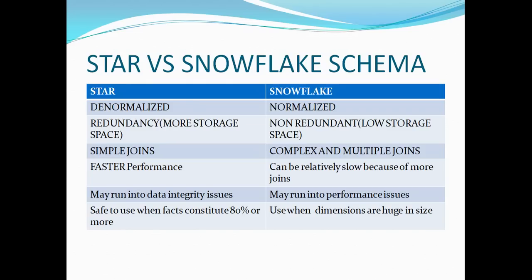So usually in reality, you will have hybrid schemas for a big warehouse. If it's a mart and the majority of your data is constituted by the fact table, go ahead and use star schema. If your dimensions are huge, like they are taking a lot of space, you should go ahead and think about denormalizing them. So that is all about this video.